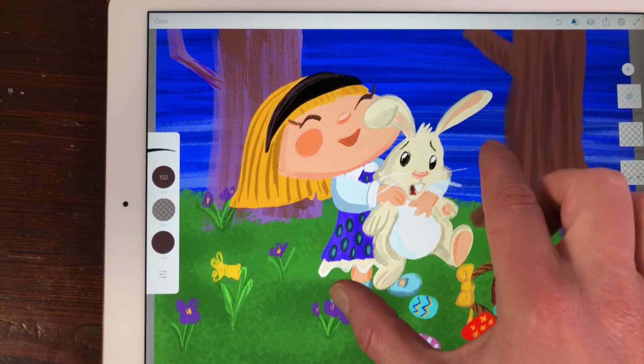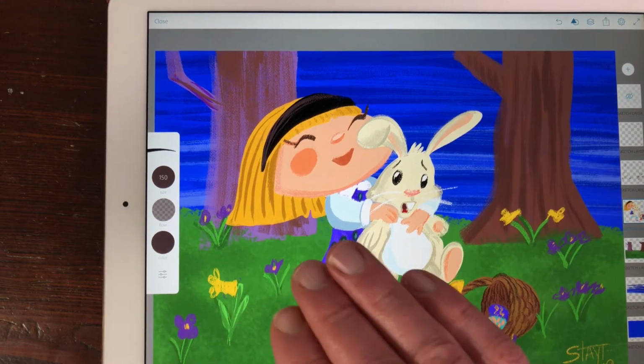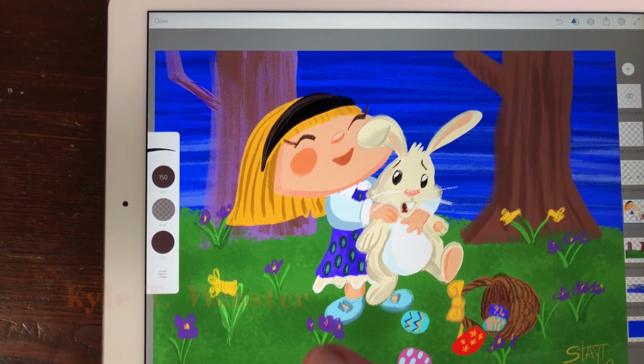So I made this image for Easter. It's with an Easter bunny. And I used the brushes by t.webster, and this is Adobe Photoshop Sketch. What you can do is, if you have